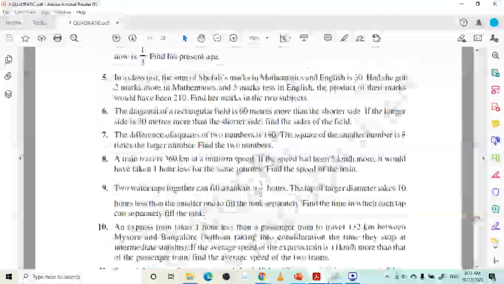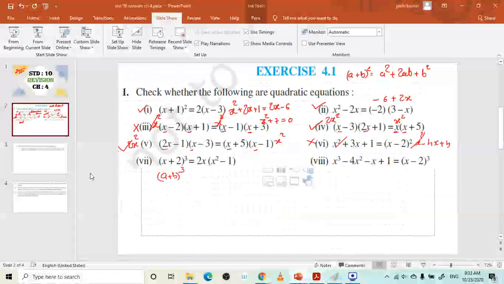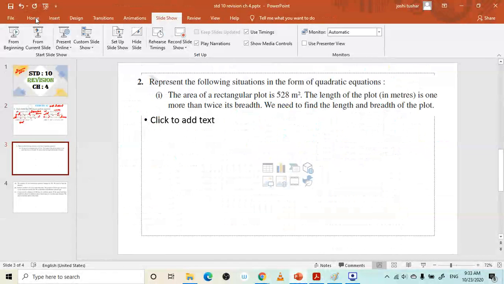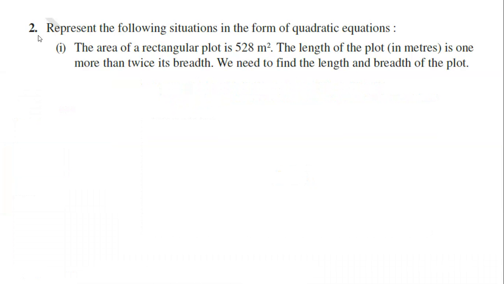Okay, so in the same exercise, these things are given. Then here, see, I will just make the formulas. Because if I make all the formulas and solve, then there are so many questions, so within 5-10 minutes we cannot complete. Okay, and this is fast track revision, so I don't want to take much more time.